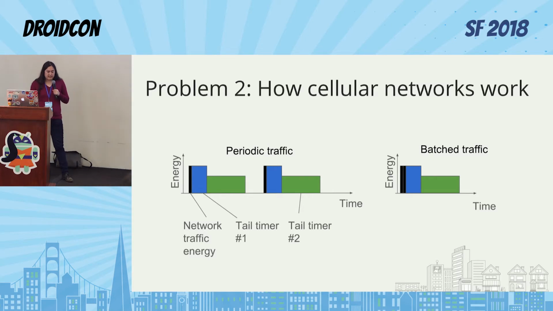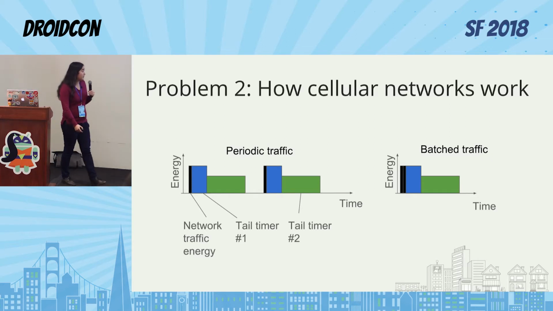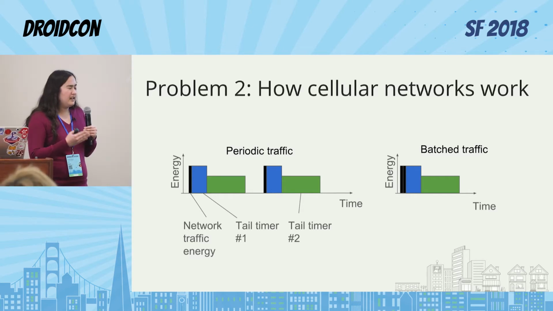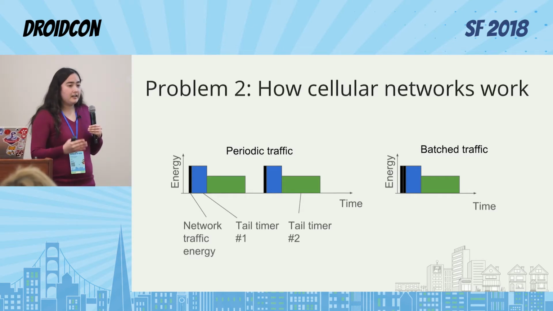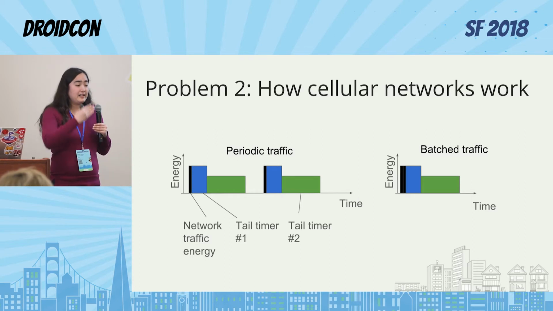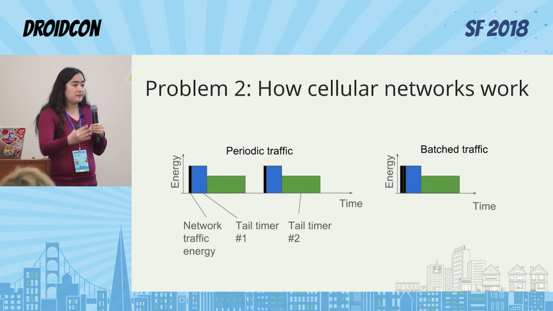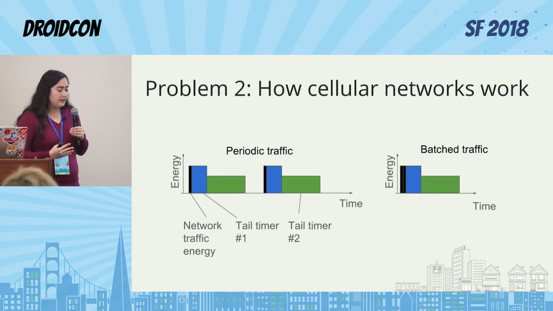Another thing is, we aren't actually sending out these logs every 10 minutes. And to explain why, I'm going to go off on a bit of a tangent about how cellular networks work, in case people aren't familiar with it. When a device connects to a cell tower, there's some performance overhead. So if you connect to the cell tower every time you send something, the network would be noticeably slower. We don't want to do that.